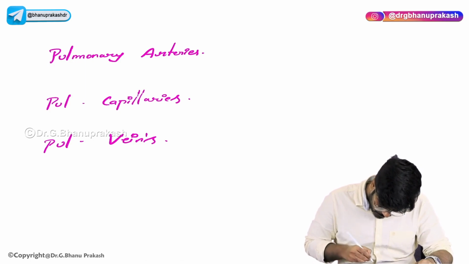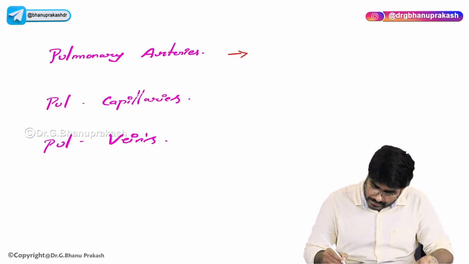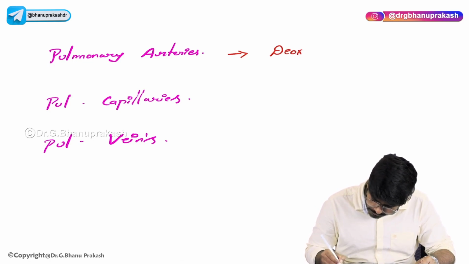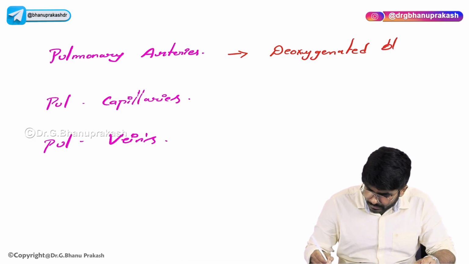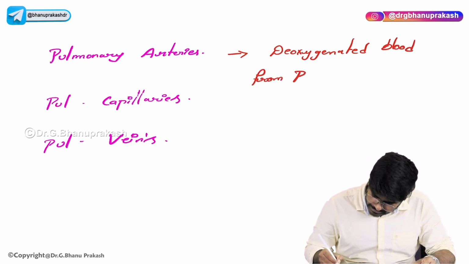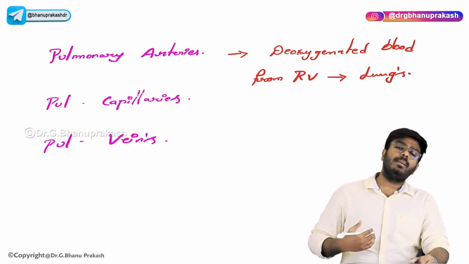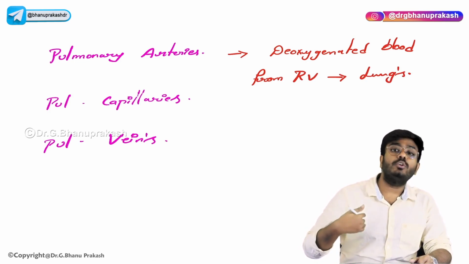That's something totally opposite here. Pulmonary arteries are carrying deoxygenated blood, from the right ventricle to lungs. Okay, from the right ventricle, pulmonary artery is carrying the deoxygenated blood to the lungs for